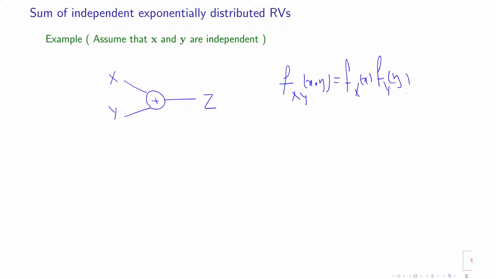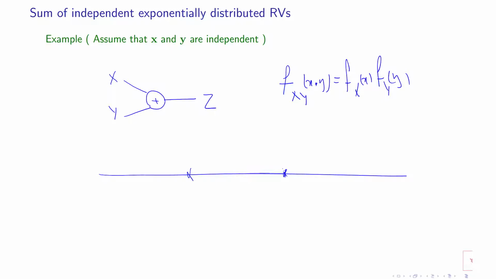And I also assume that both of them have exponential distribution. I want to see what will be the distribution of the sum of exponentially distributed random variables. This is very important because exponentially distributed random variables are observed in many physical phenomena. For instance, if you have a traffic line, and let's say this is a car, this is another car, you know that they are randomly positioned